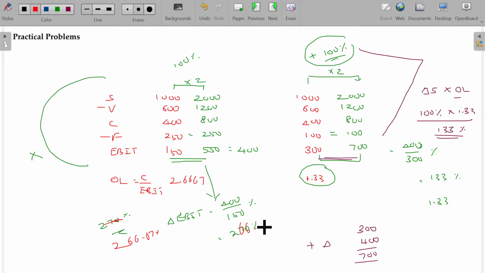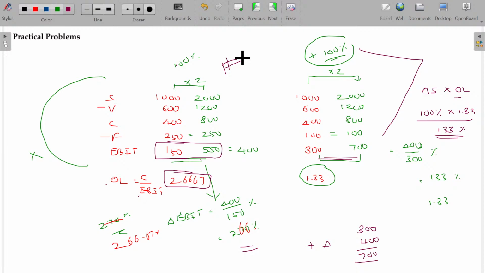Remember, where will the leverage be most suitable for us? If the leverage is higher, this number is higher, it means the magnitude of change in EBIT will be to that extent of the change in sales. So the magnitude of change in EBIT being 266 can be found out by multiplying with the operating leverage into sales difference. If the operating leverage is higher, even a small change in sales will result in a huge difference in the EBIT. Okay, so this will be a very important phase when the fixed cost is exorbitantly high.